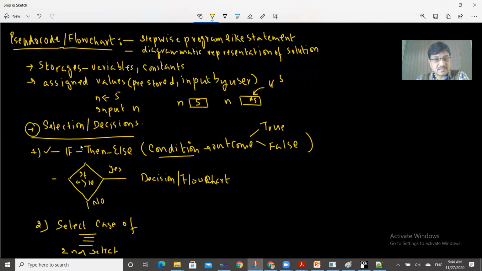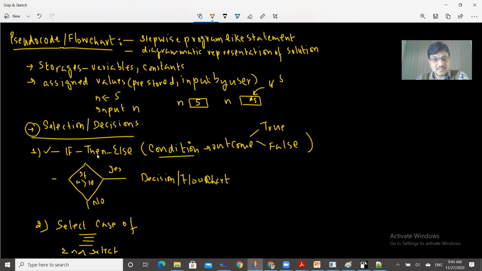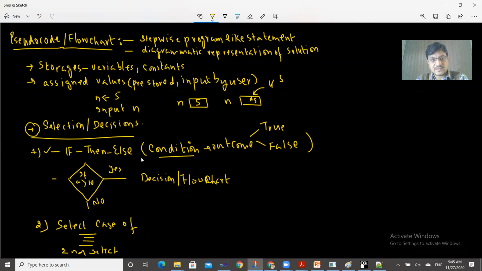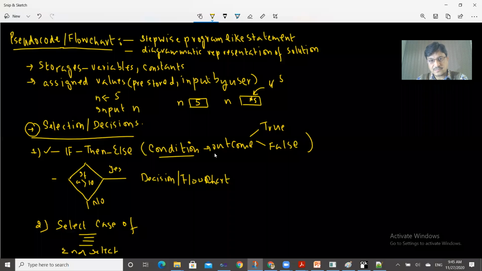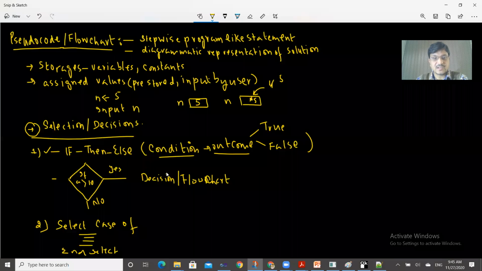that you have seen that in the selection and the decisions, if then else, the condition outcome is true or false. And when we write the pseudocode like if then else, it will treat this condition, and it will check for this condition. And based on the outcome of this condition, the flow of the program will lead to